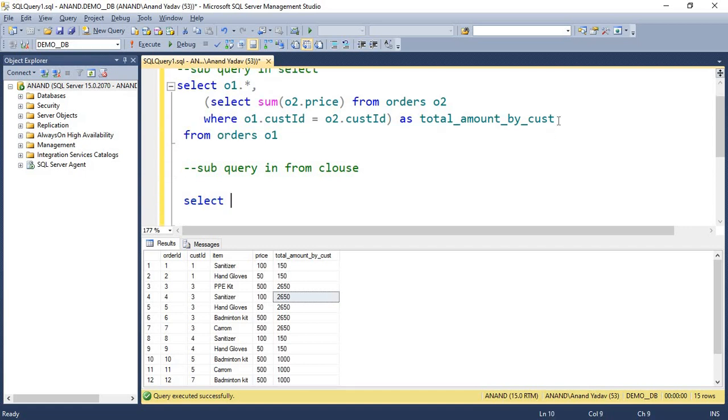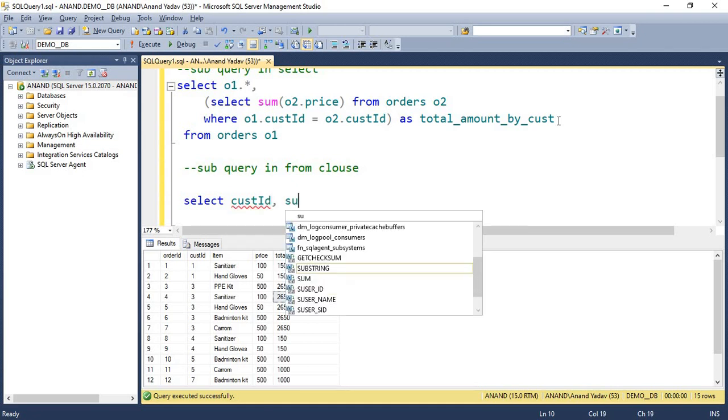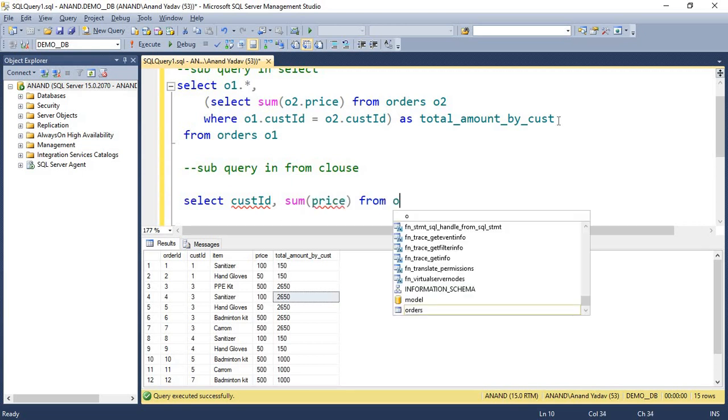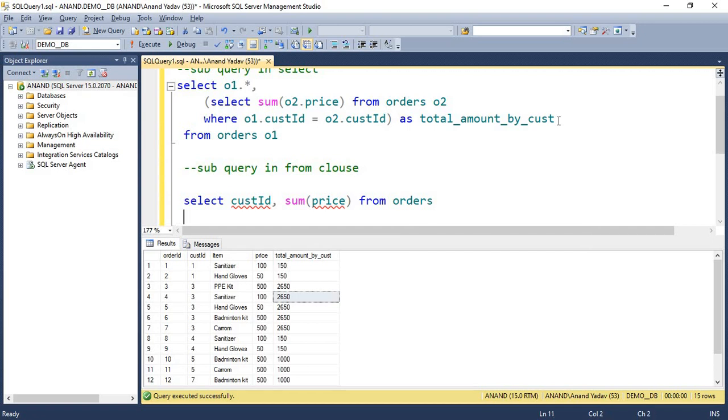Before that, I wanted to calculate how much amount each customer has spent to purchase items. We'll do that with the help of our GROUP BY clause and aggregate functions.